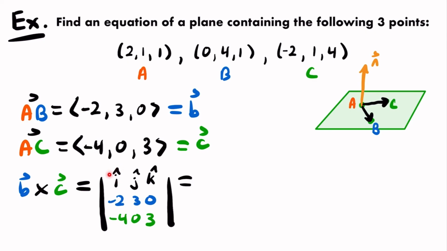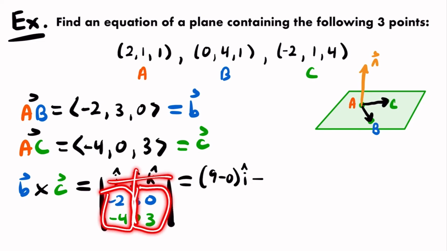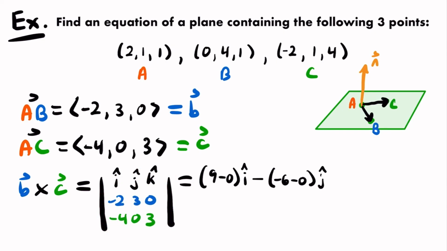We start by looking at vector I in that first row, and we cross out the row and the column that it's in, and calculate a 2x2 determinant using the remaining 4 values. So I have 3 times 3, which is 9, minus 0 times 0, which is 0. So we have 9 minus 0 times I, and then we will subtract the second term, which we get by looking at J. We'll cross out this row and this column, and use these remaining 4 values to calculate a 2x2 determinant. We'll have negative 2 times 3, which is negative 6, minus 0 times negative 4, which is 0. So we'll have negative 6 minus 0 times J,